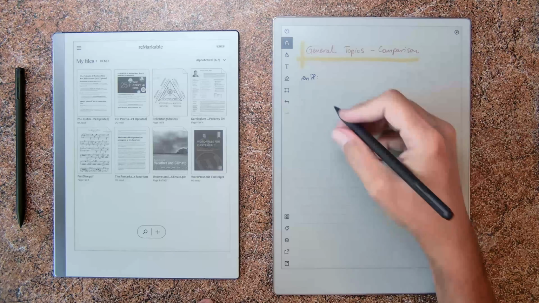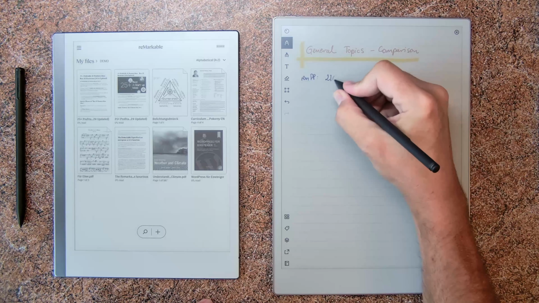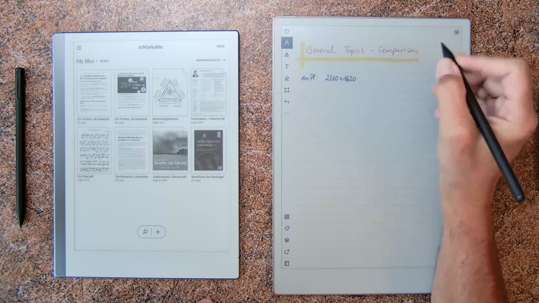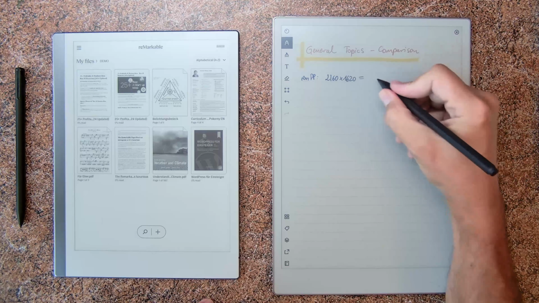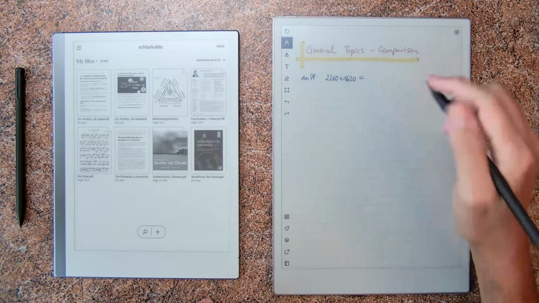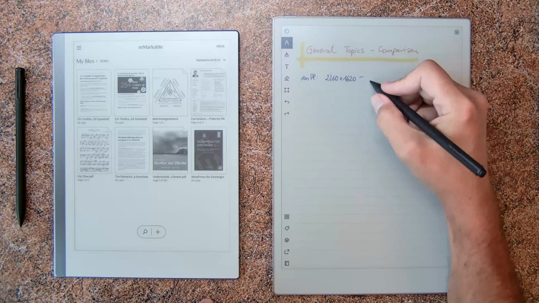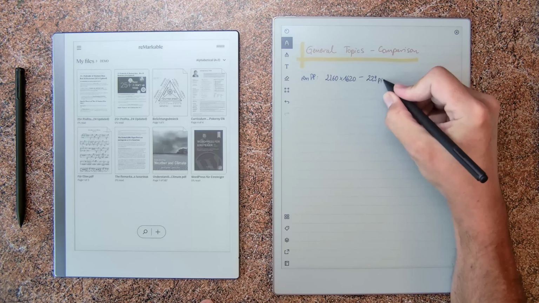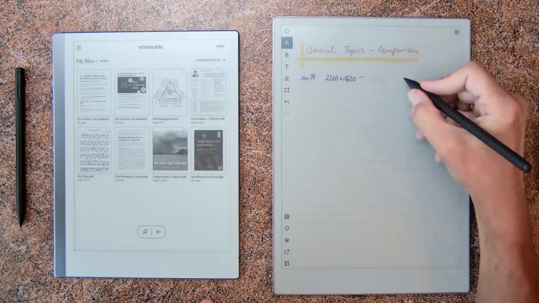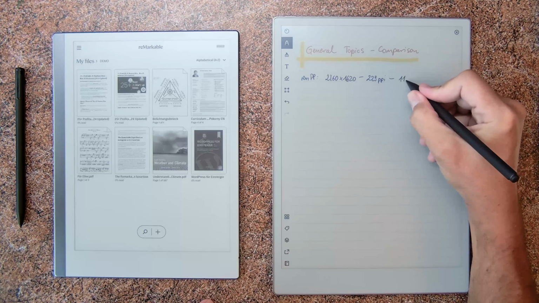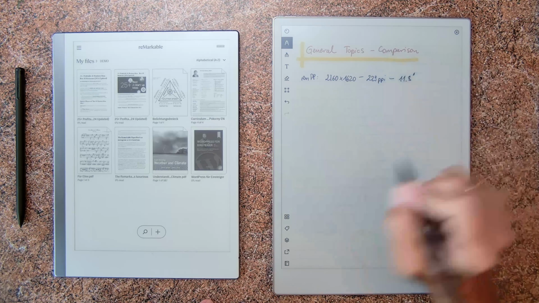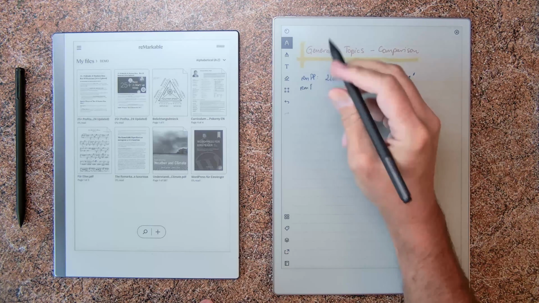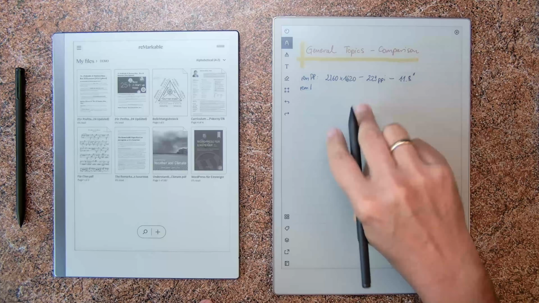Okay. Here we have 2160 times 1620 pixels, and this is, this is the wrong sign. Yeah, that's better. Okay, because otherwise somebody says, no, this is not mathematically correct. This is 229 ppi, and we talk about 11.8 inch. Then we talk about the reMarkable,